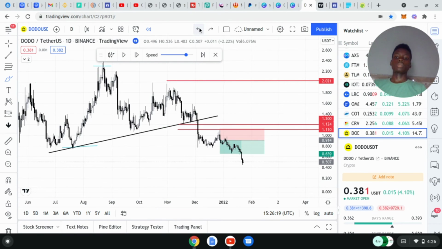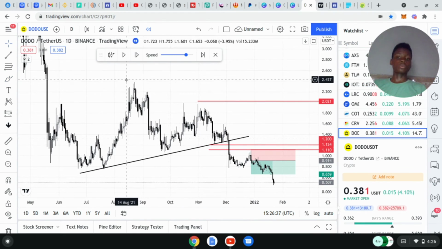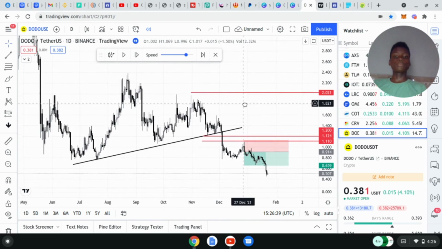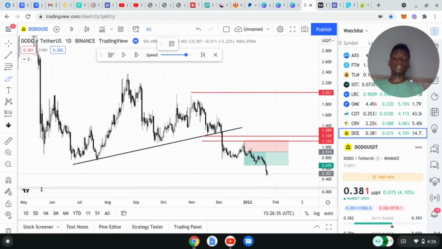So we didn't know what price was going to do. We didn't know because price is always price. Price can still, after this consolidation, break this high. So we prepared for two ways. The first way we did was to draw our trend line to know the directional trend, which was an uptrend, and put